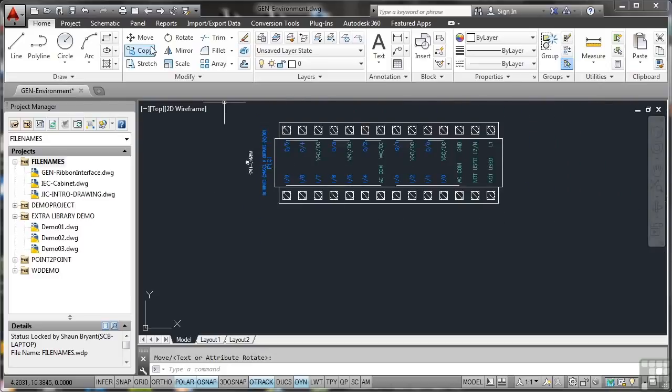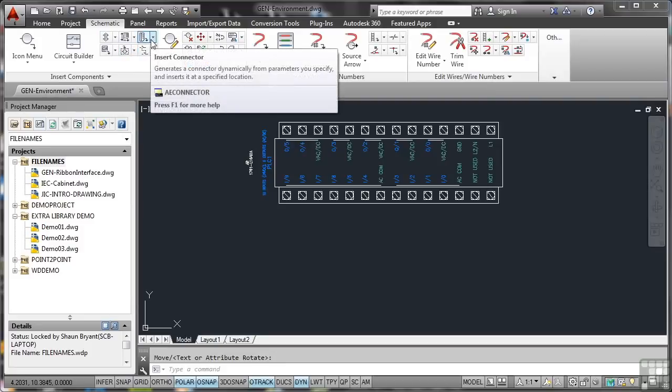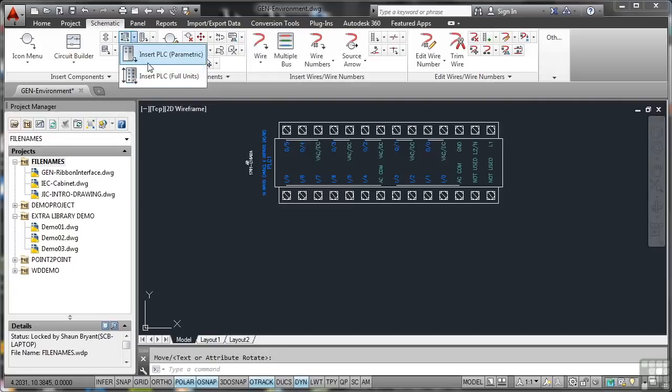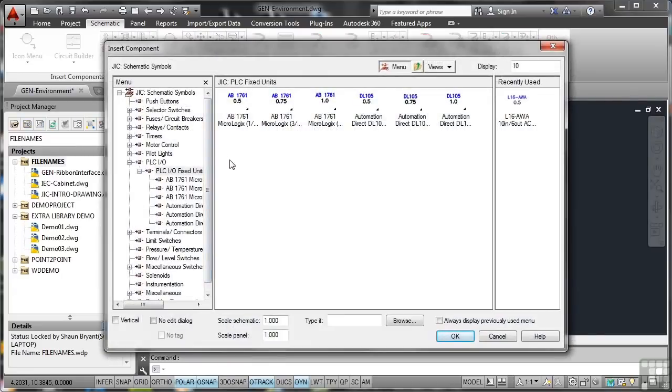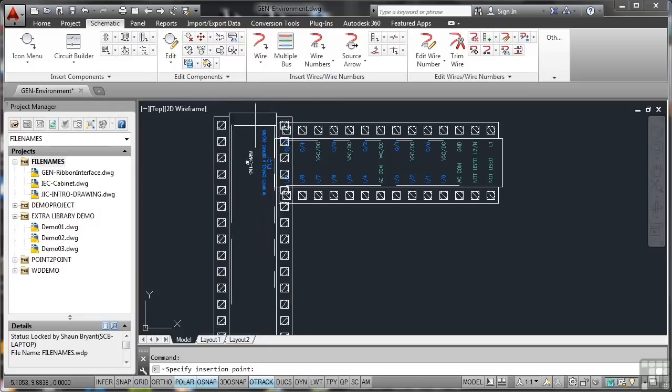Let's go to the Schematic tab on the ribbon and look at panels here. So there you go, I can insert connectors, and the one next to it, insert PLC. I'm going to go for a PLC full unit there. And now it's gone to the JIC schematic symbols. Now the JICs load up as standard in AutoCAD Electrical, and they're American Imperial units. And these are all the standard components. So there's a PLC fixed unit made by AB. I'll go and pick the L16 with that one there, which is the same as the one I've already got